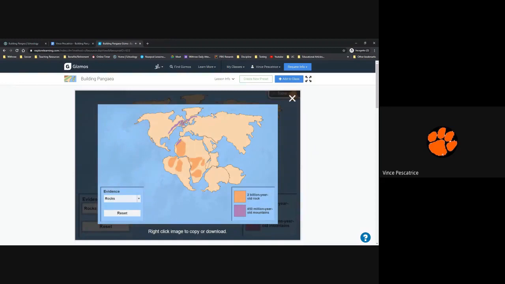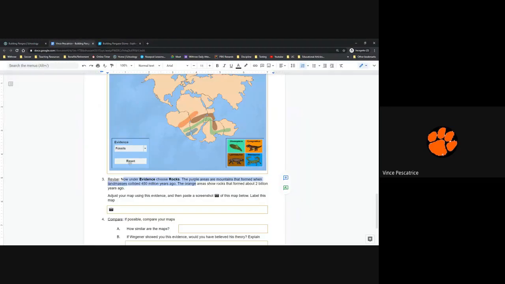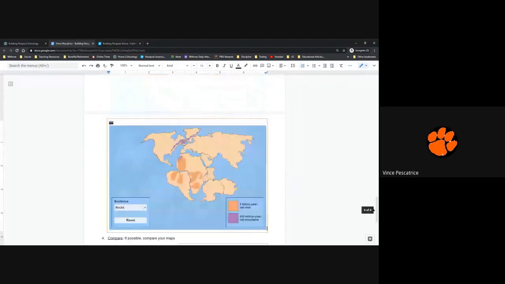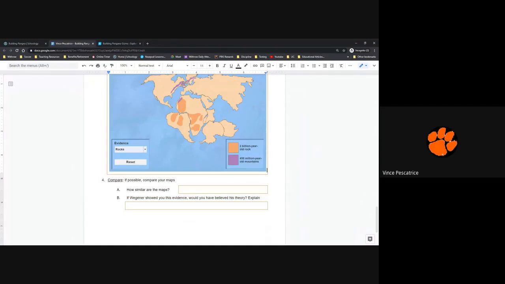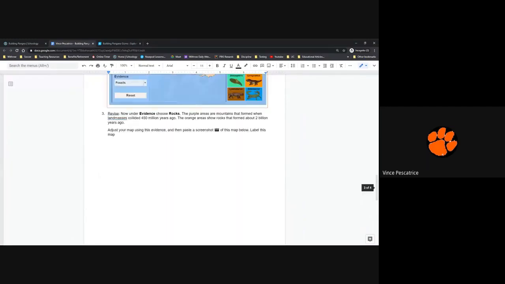Right click, copy image, go back here. All right, so the next part down here